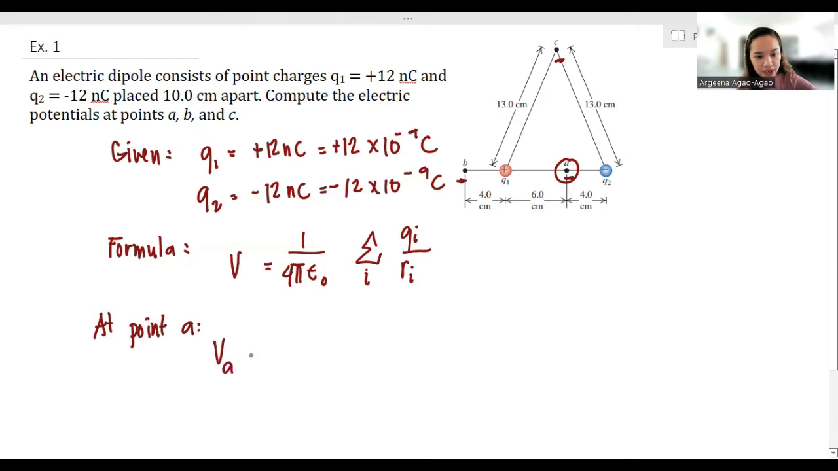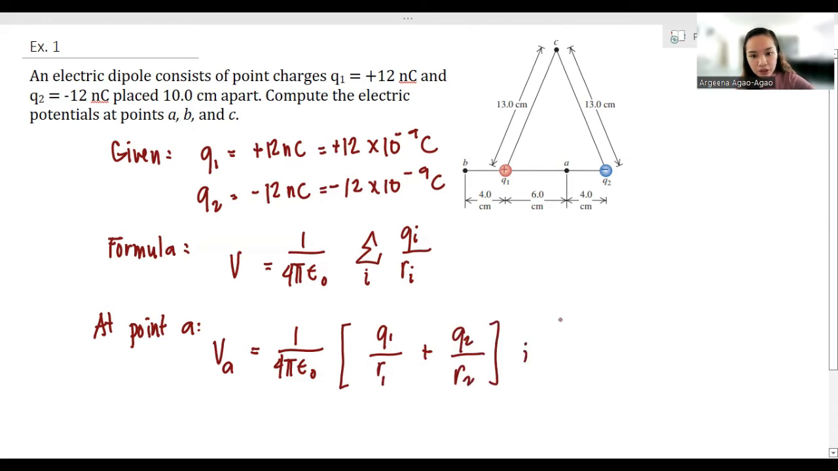we will write our potential as V sub A equal to 1 over 4 pi epsilon naught, the summation of Q1 over R1 plus Q2 over R2. So R1 is 6 cm and R2 is 4 cm, the distance of Q2 from point A. So we can write this in meters, that is 0.06 meters and